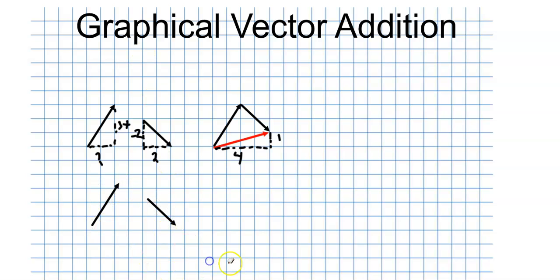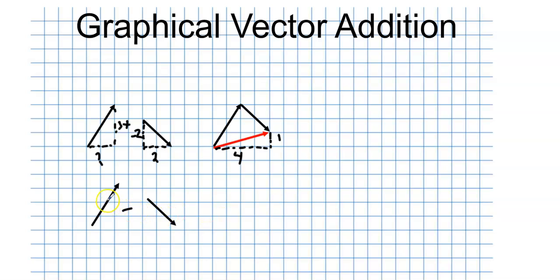So this time, instead of adding the two vectors, what I'm going to do with them is I'm going to subtract them. Alright, much better. Alright, so if I subtract them,